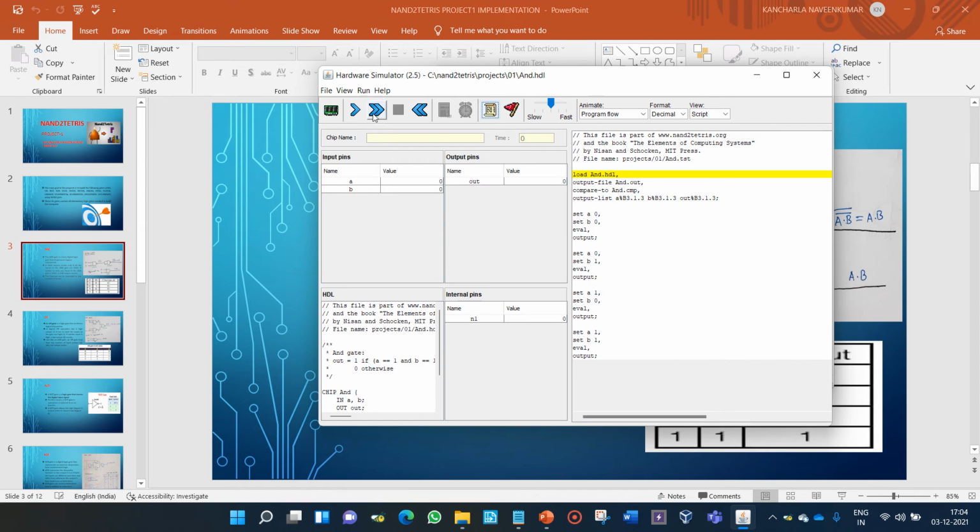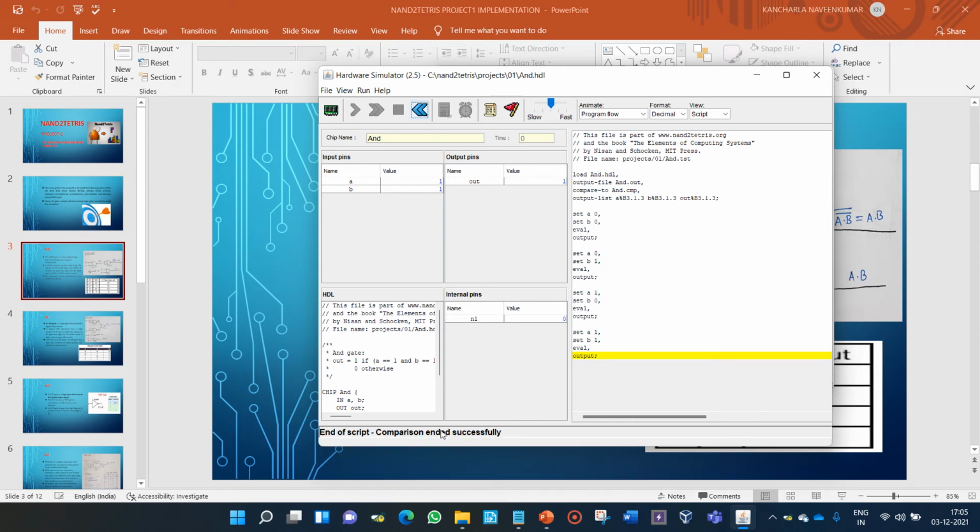All I need to do is run. Click this. So now I am just checking whether my code is running successfully. It's getting checked successfully. So how can I know whether my code has any errors or not? Just maximize somewhat. You'll see end of script, comparison ended successfully. If you find any errors in line 2 or line 3 or any other line of your code, you will see them here. There are no errors here. That means our code has compiled successfully.